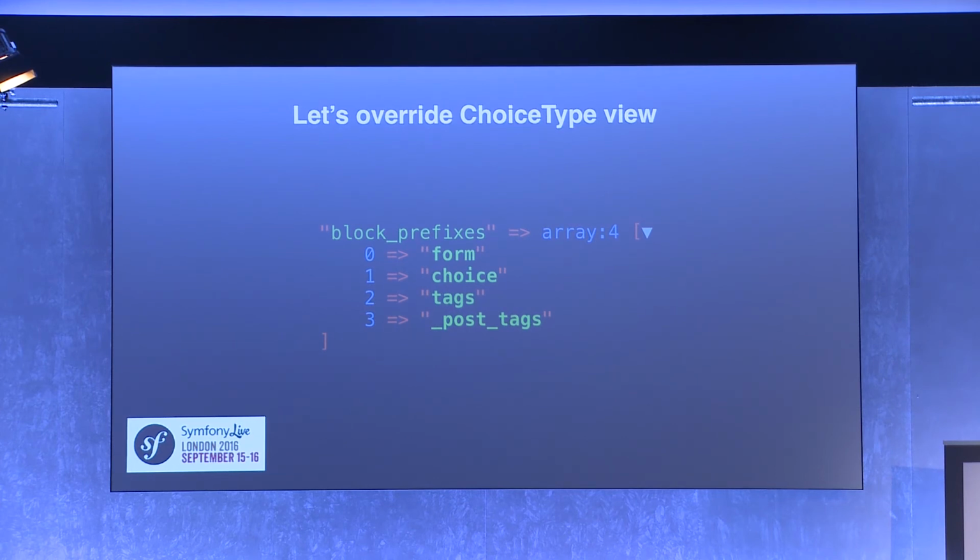So every form type takes inheritance of the templates. It means if you build the post tags underscore row or widget or label, it will be called first. If it's not present, it will call tags. If it's not present, it will call choice, and form. So actually, if we define a tags template, we have to build it ourselves,